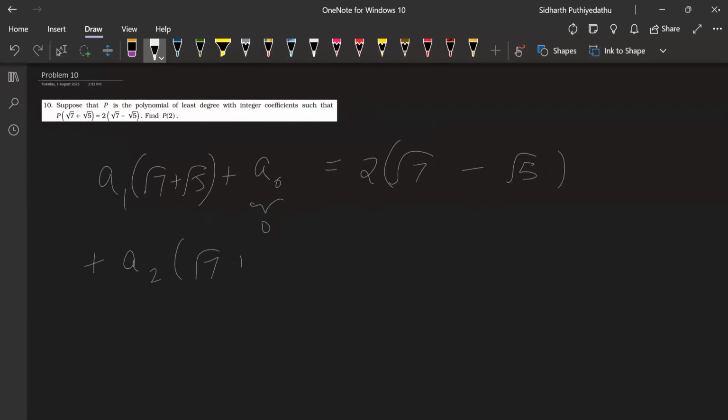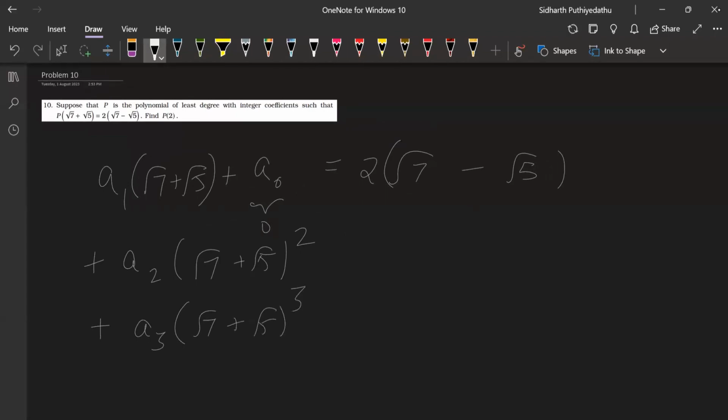Now, what if you add a quadratic, √7 plus √5 the whole square? Now the issue is that there's going to be a √35. When you expand this, you're getting a √35. There's no other √35. So A2 would have to be 0 and you're back at linear. And so again, squaring quadratic does not finish. And A3